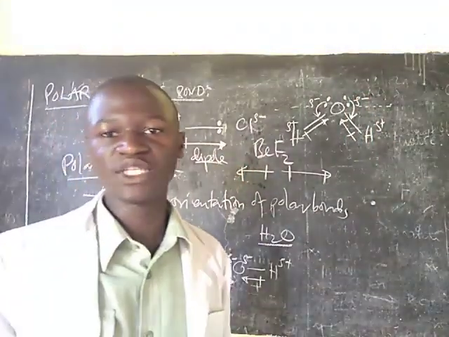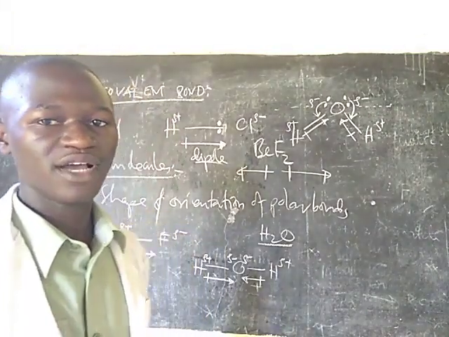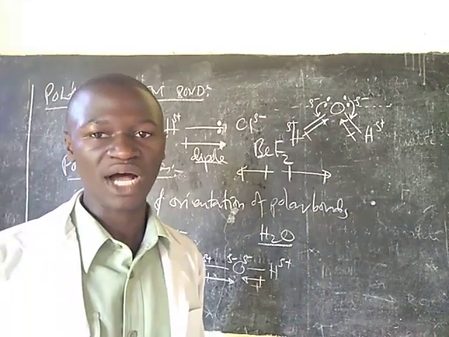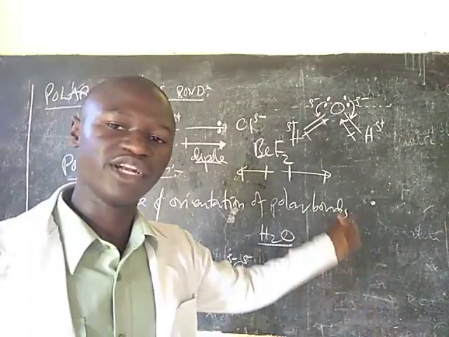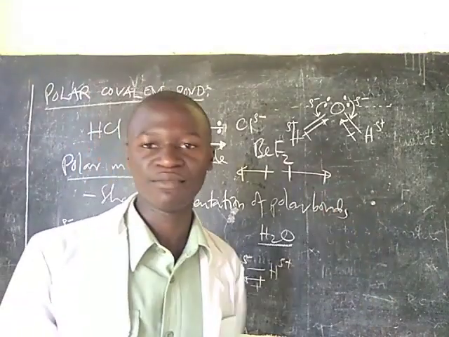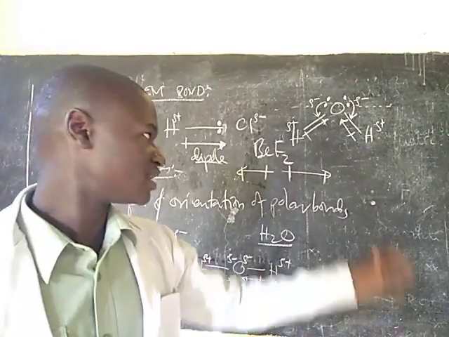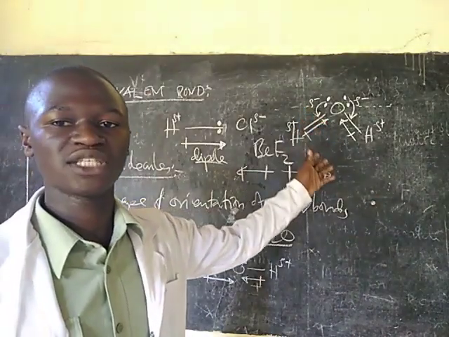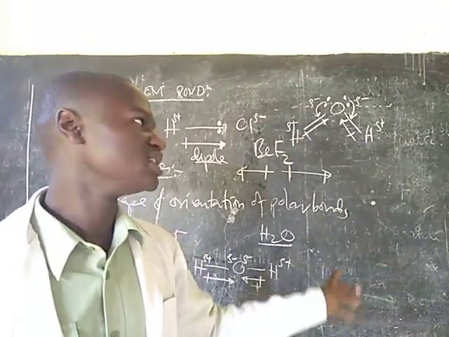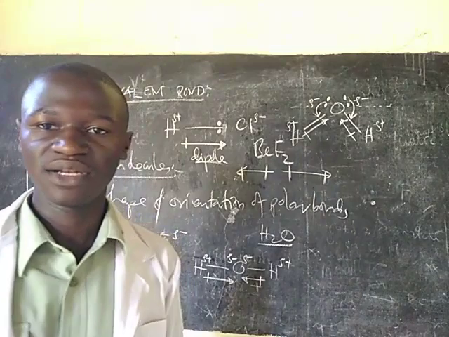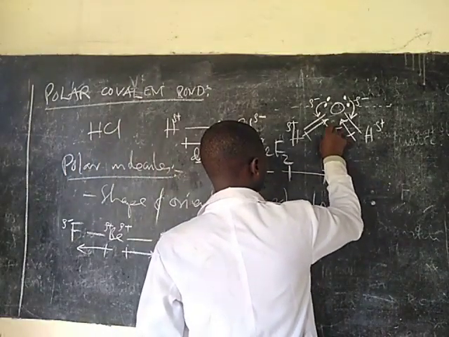And the formation of these partial positive and partial negative charges cannot cancel each other. So as a result, you will see that water is a polar molecule. Why is it a polar molecule? Because it has a permanent dipole moment, which cannot cancel. And that's because of the presence of the lone pairs, which push the bonds and lead them to have a direction like that. And water here has what we call a bond angle, which is